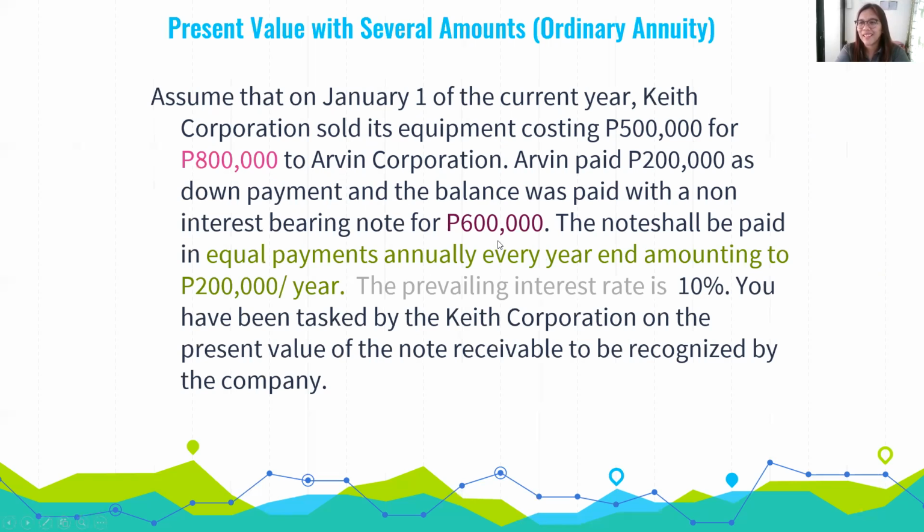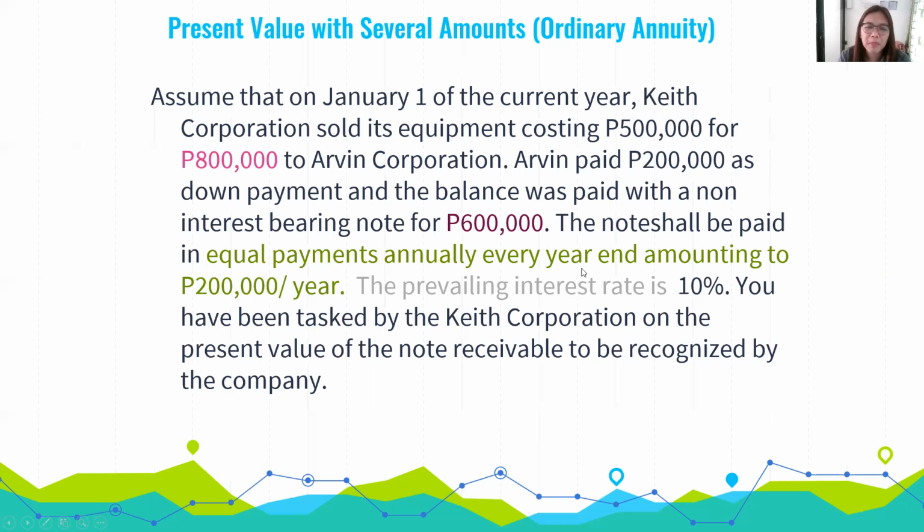When we say non-interest-bearing note, this is what's confusing sometimes. If we say interest-bearing note, let's say that 600,000 is an interest-bearing note, let's say 6% or 10%, you just multiply 600,000 times 10% over the years. But when it's called a non-interest-bearing note, it's not really non-interest-bearing, right? Interest was already included. That's what it means. So that 600,000 is already the full amount, no?